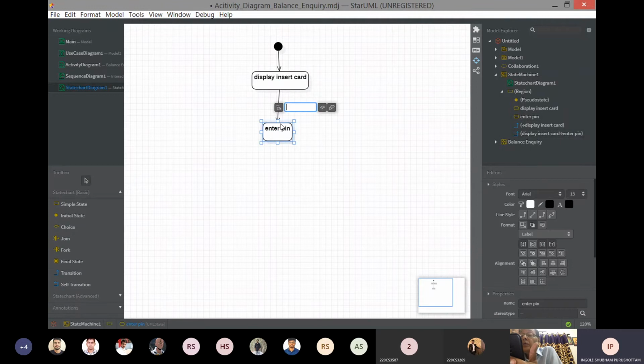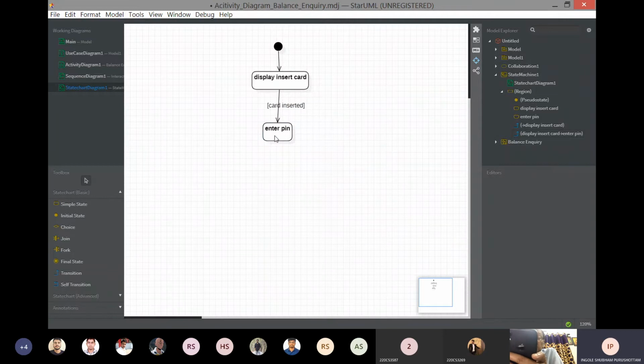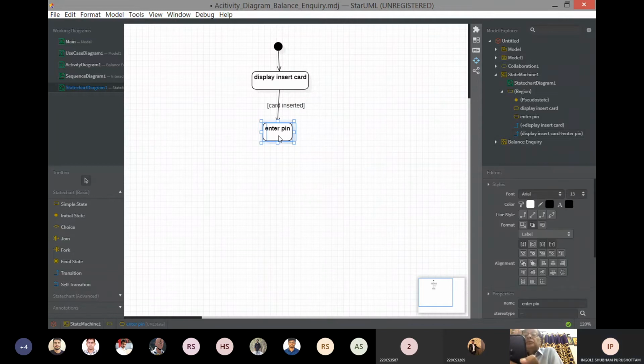Now here in the display insert card, after inserting the card, the state is changing from display insert card to enter pin. So I will write down the name, card inserted. So after inserting the card, the state will change to this enter pin.